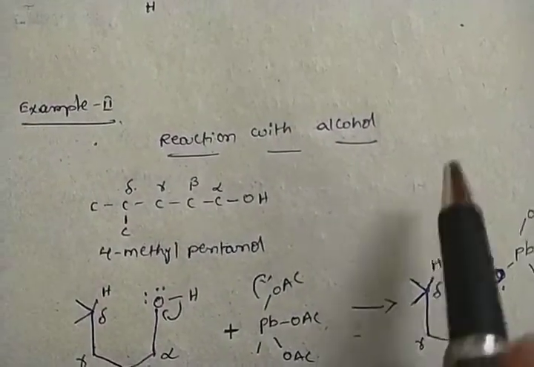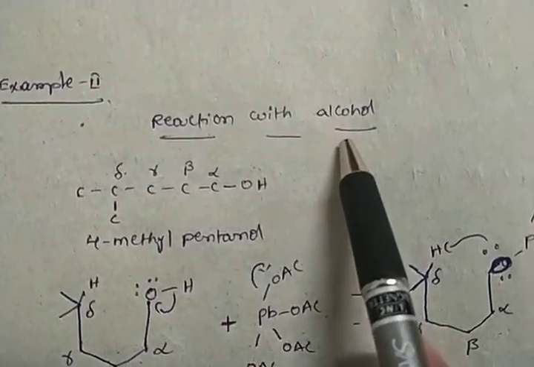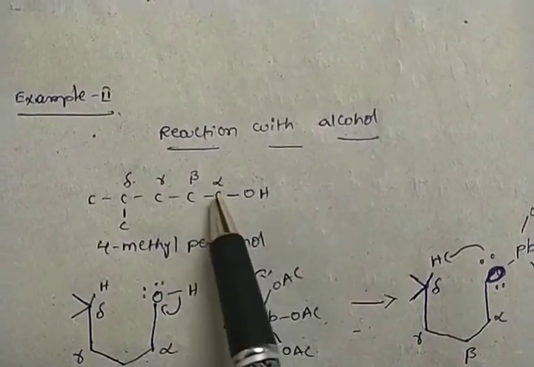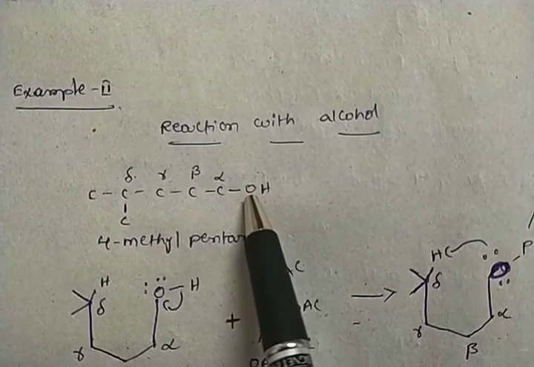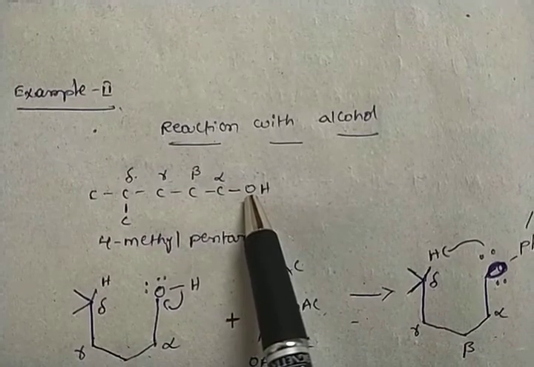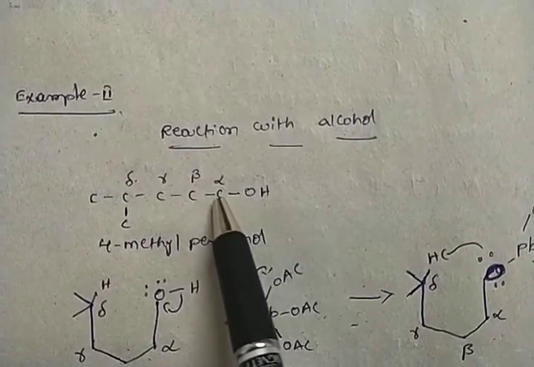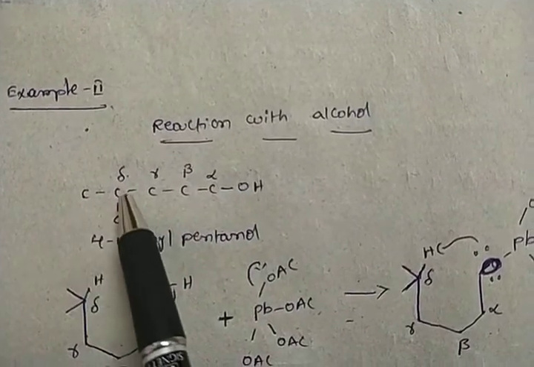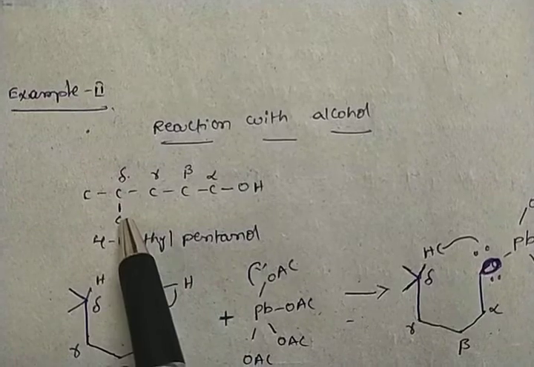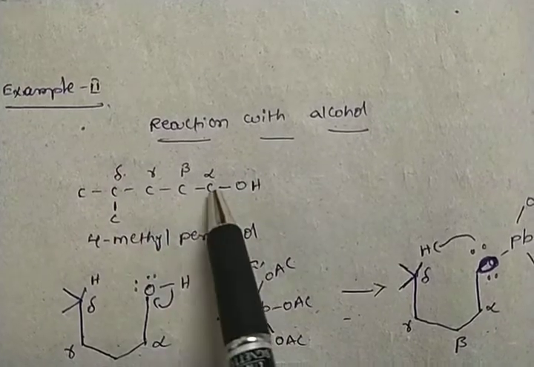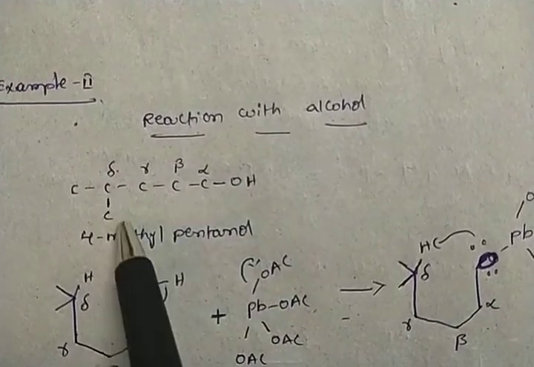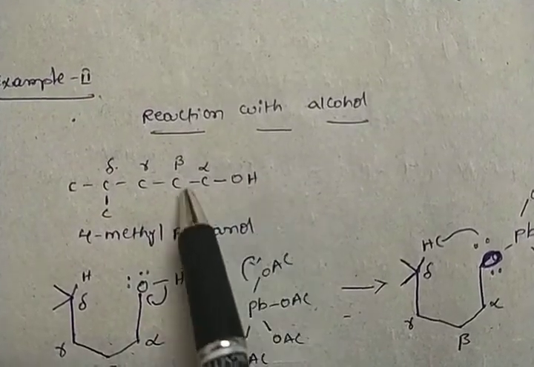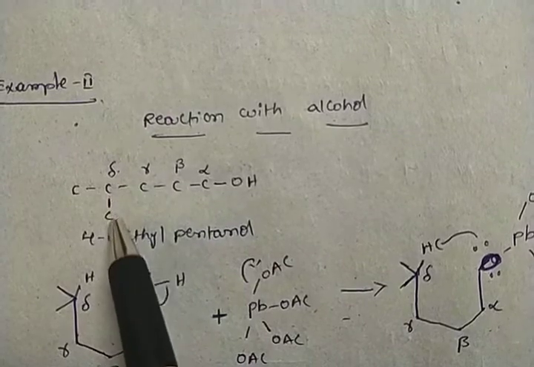Okay, now one more, again the reaction with the alcohols, my dear friends. So here you see this 4-methyl pentanol, you can adjust. So the main functional group, we can give the numbering this side from 1, 2, 3, 4 and 5. So in the fourth place there is a methyl group as a branching chain, so that's why we can adjust the hydrogen atoms. Okay, 4-methyl pentanol. Now in which position does the carbon attack?